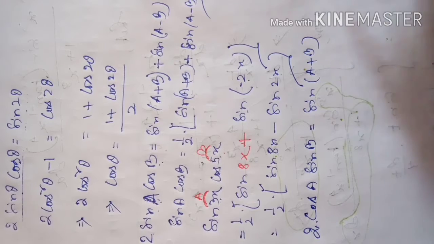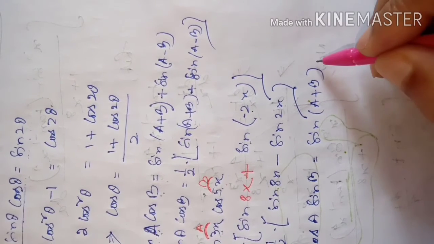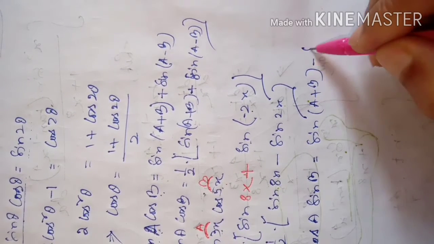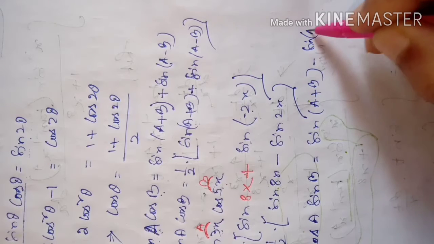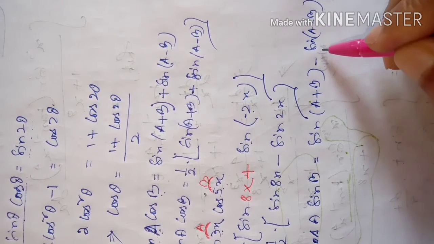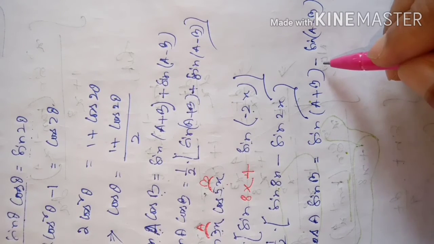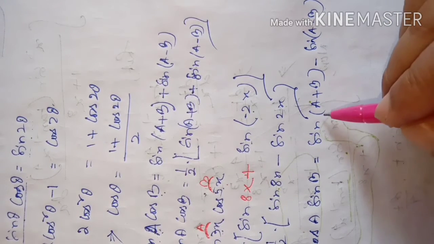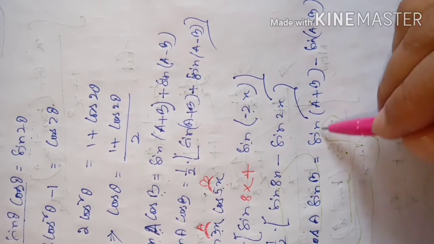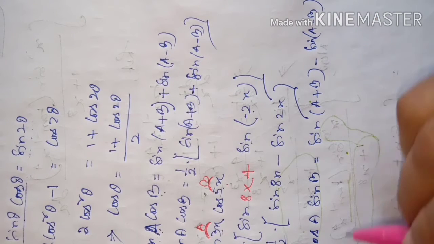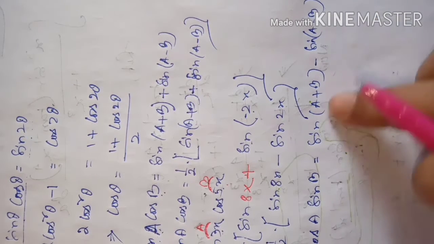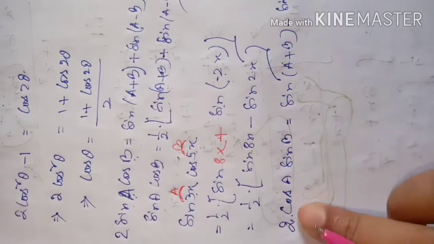That should be cancelled. So from that, if we subtract sine A minus B, you will get sine A cos B, you will get here also a negative term, that will get cancelled. So only cos A sin B and cos A sin B from here remain. So it will be 2 times cos A sin B. You can expand and check this one.